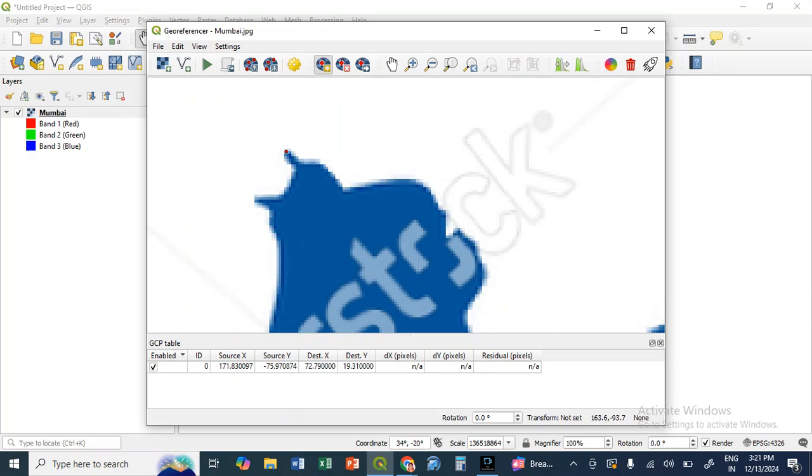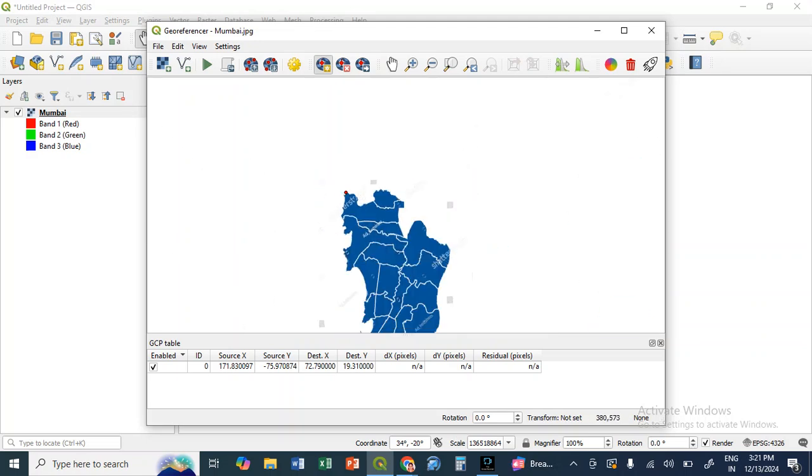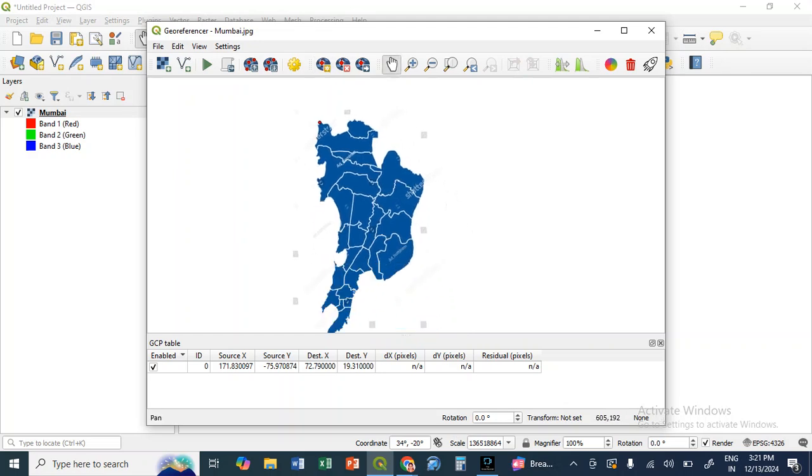Can you see a red dot which has come here? Whatever value I have typed, the red dot is seen here. Now, not just one, I actually need four coordinates in four different directions. So, what will I do? Now, I am going to